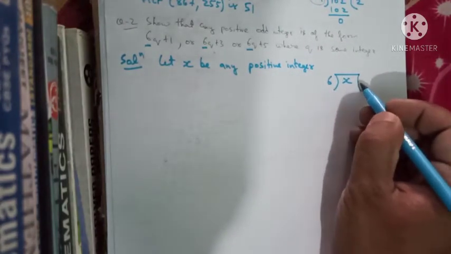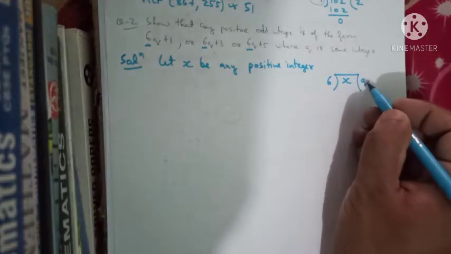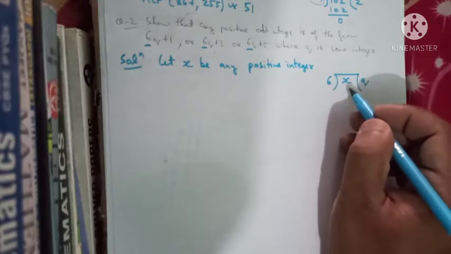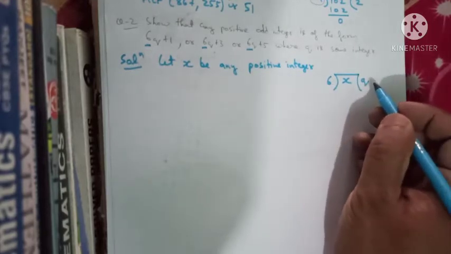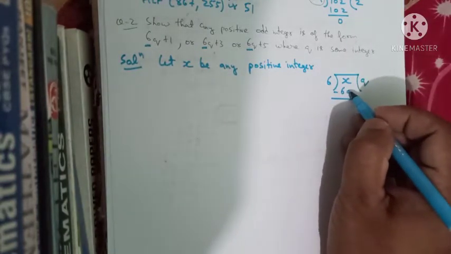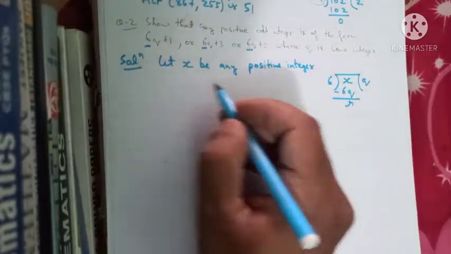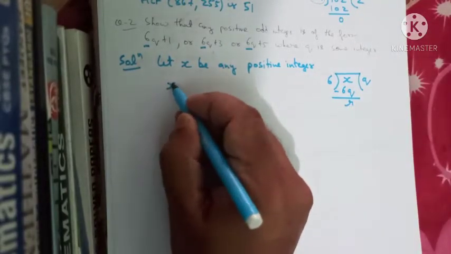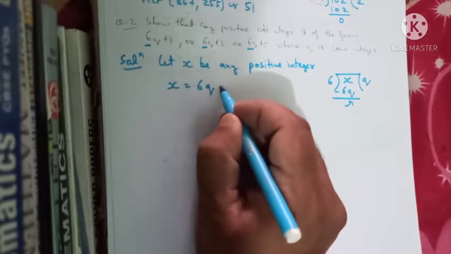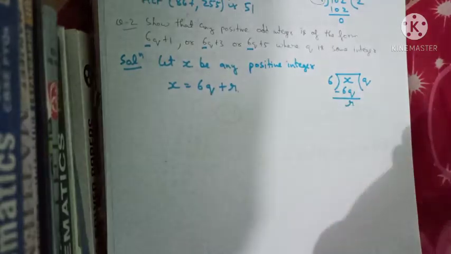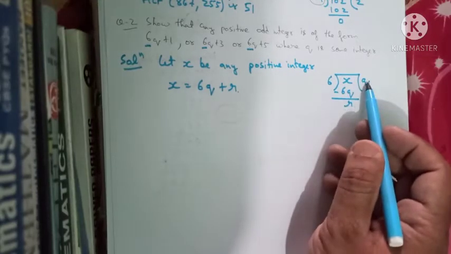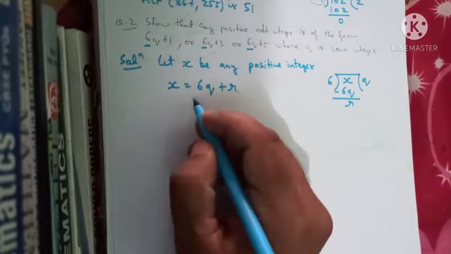So if we are dividing by 6, suppose the quotient is q. q can be any integer, 1, 2, 3, 4, any integer. So 6 times 1 is 6, 6 times 2 is 12 or anything like that. So here it will be 6 times q basically. If we subtract, we will get the remainder r. So it can be written as the dividend x is equal to the divisor 6 multiplied by quotient q plus remainder r,